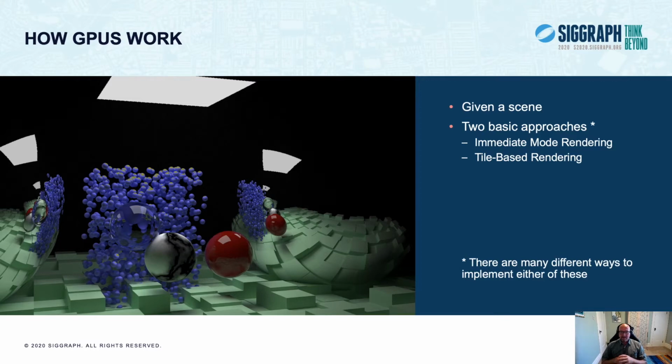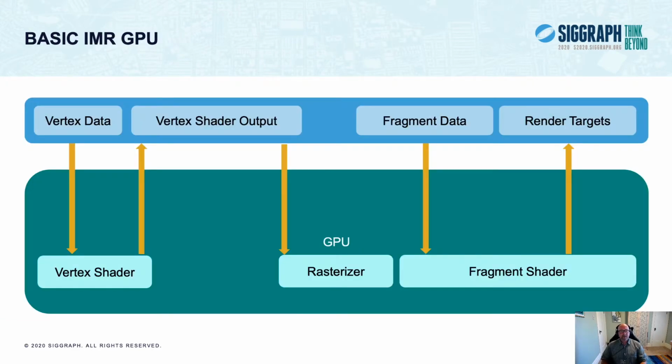We're not doing a deep dive here, so I won't be covering low-level implementation details for a specific vendor architecture. Every vendor's hardware is different, and indeed each generation or architecture is likely different from its predecessor, or even from a sibling chip within the same generation. This is just intended to give you a basic grounding in how GPUs work. So the image here is the scene we're going to use for this walkthrough. And note the two basic approaches here, because we're going to cover those now.